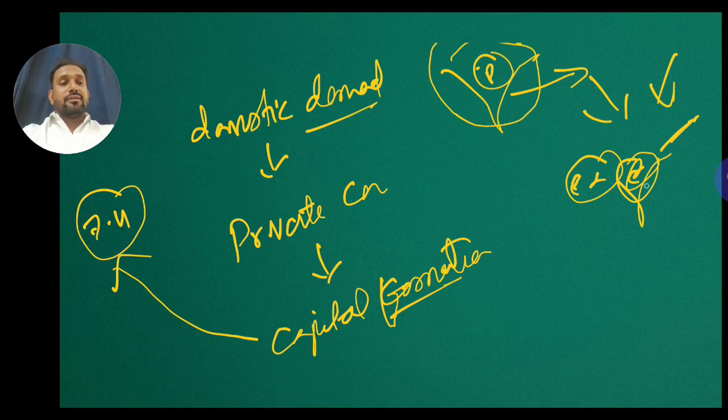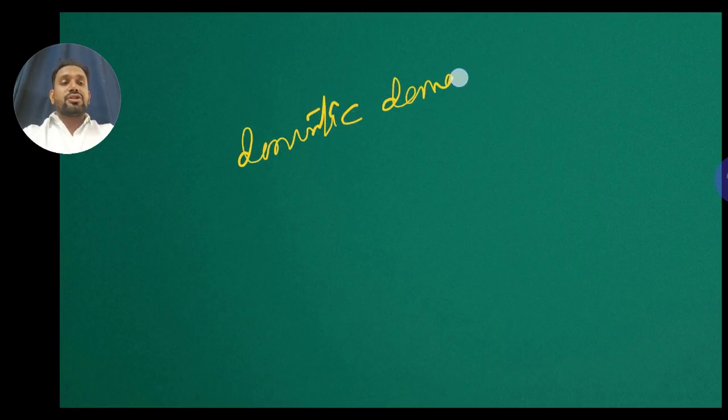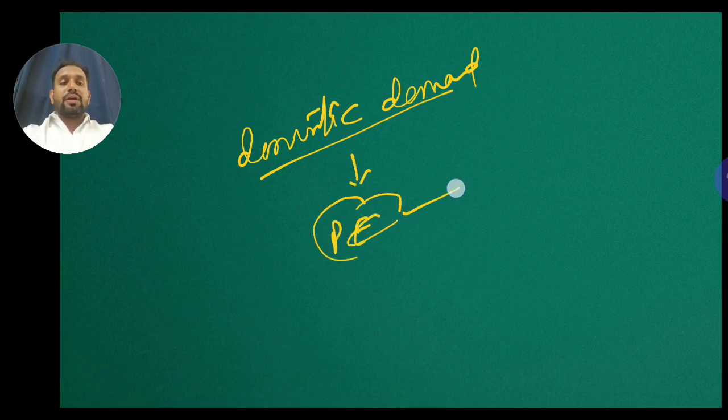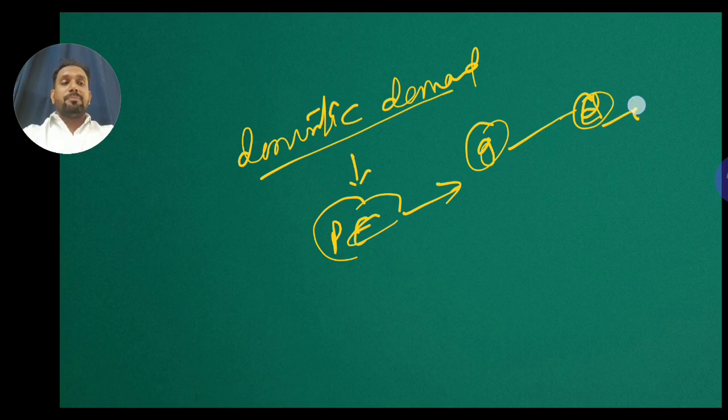Here we are talking about domestic demand. Domestic demand is the demand which is created within the country, coming from all the areas. That will lead to the next concept. Domestic demand, you understood, is any demand made within the boundary of the country. Then comes private consumption. What is the meaning of private consumption? Private consumption very simply means that apart from government, any other consumption done by private people like us.